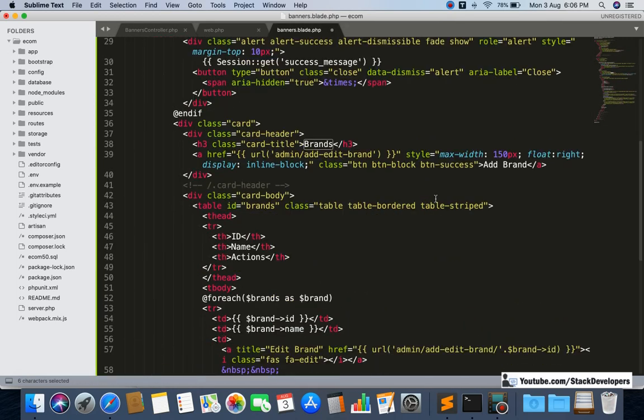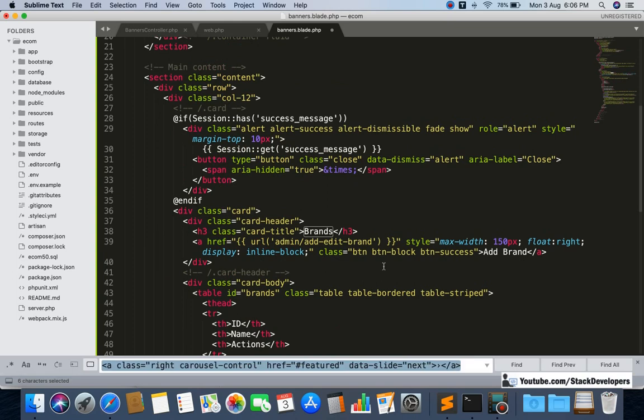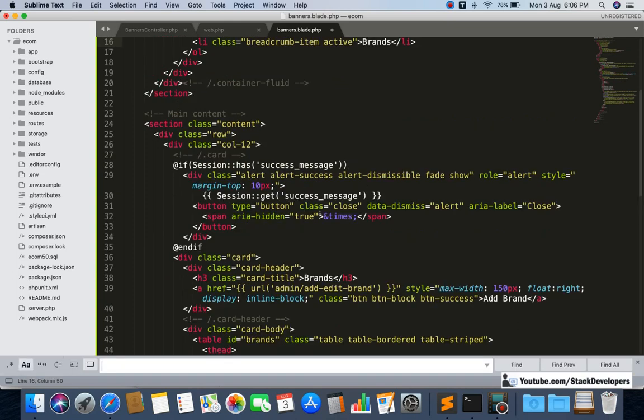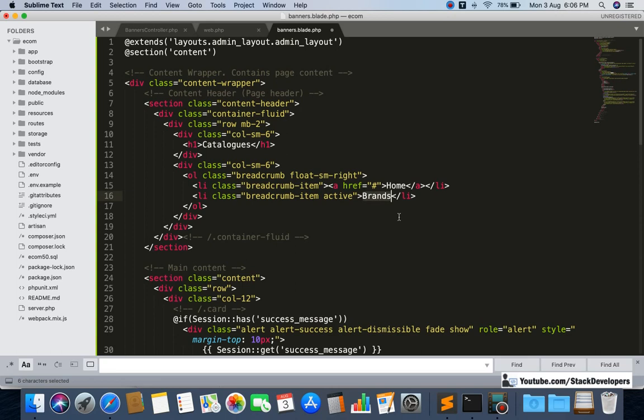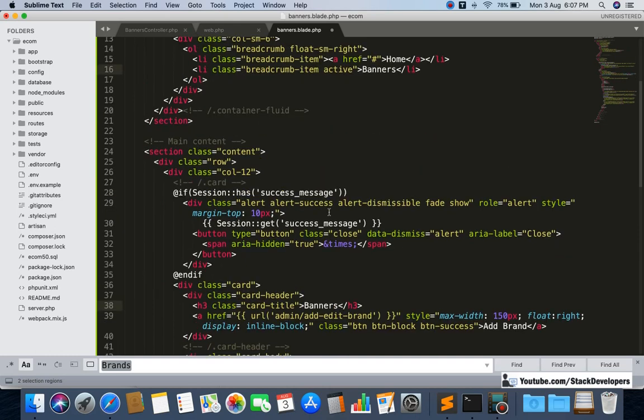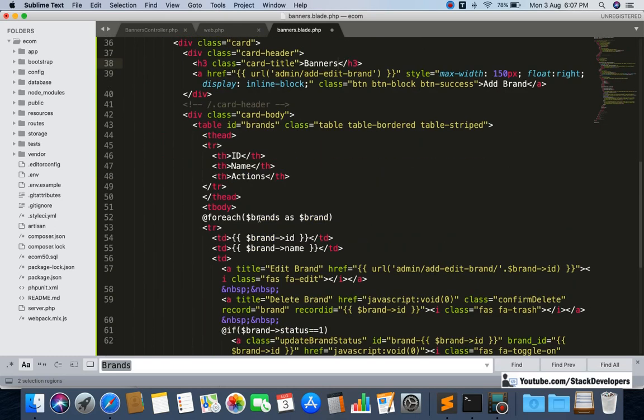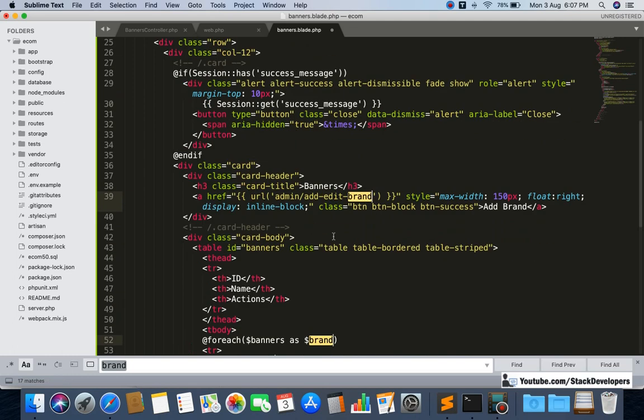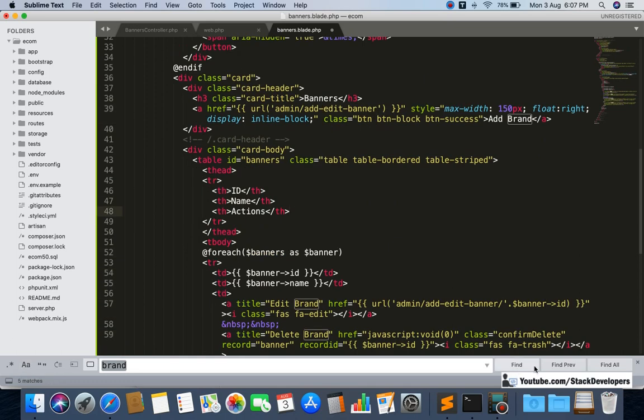Everywhere you can find it like this, so change everywhere to banners, and here as well, banner. I don't think anything is left now.